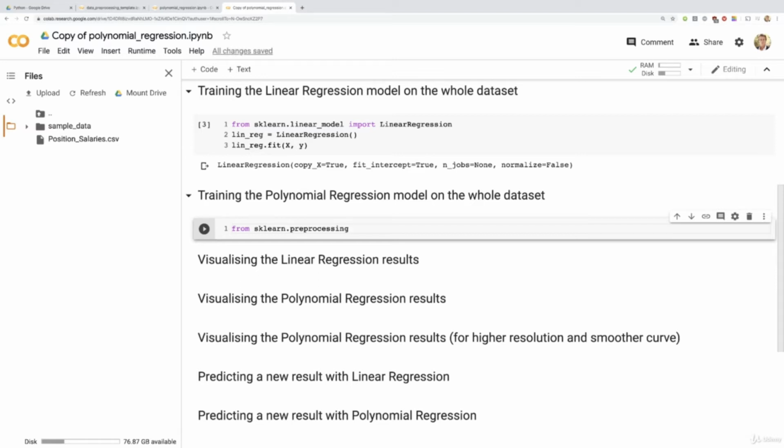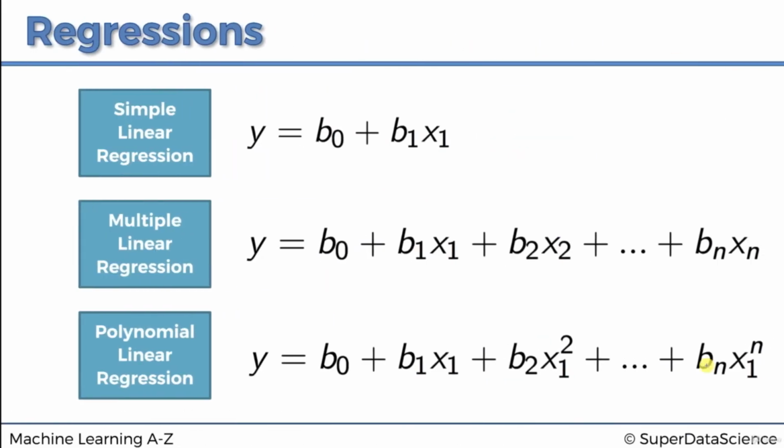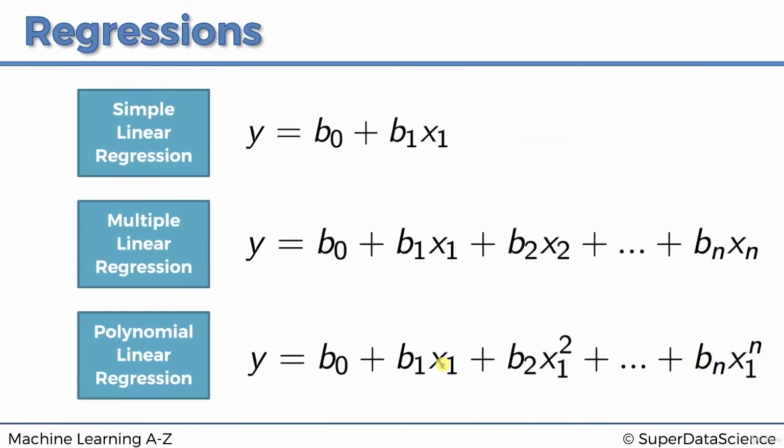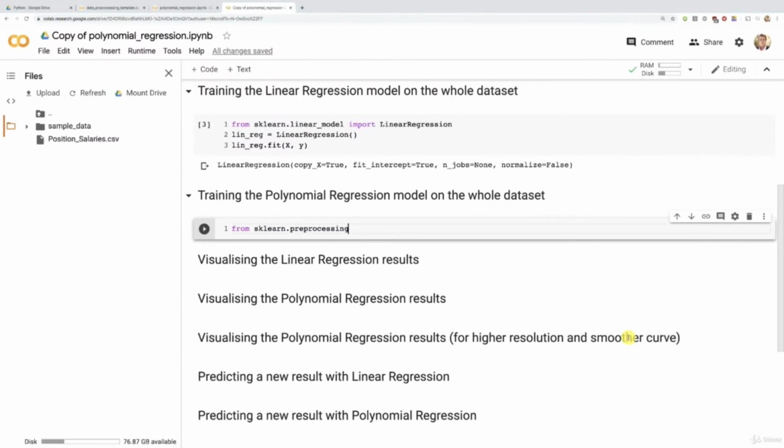This is a class because indeed, we're kind of preprocessing our x1 feature because we want to create out of x1, well, x1, x1 squared, and x1 at the power of n. So we're kind of doing preprocessing of the features. All right, so from this preprocessing module, we're going to import, well, that class, polynomial features. Perfect. I really like Google Colab. So polynomial features,